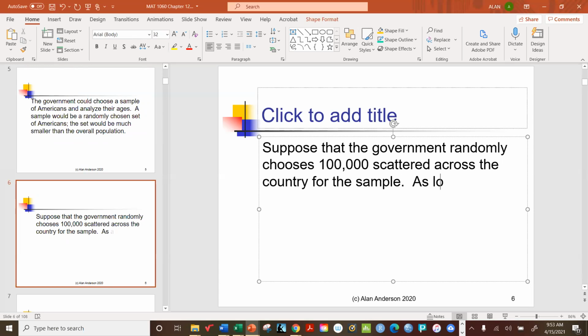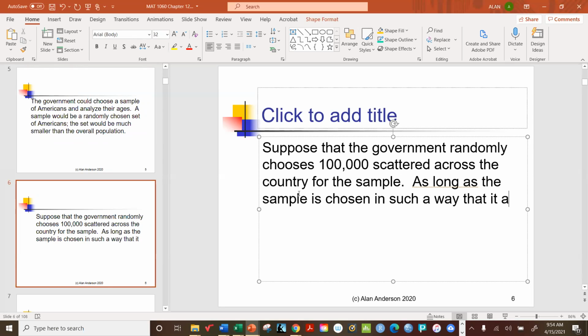As long as the sample is chosen in such a way that it accurately reflects the underlying population,